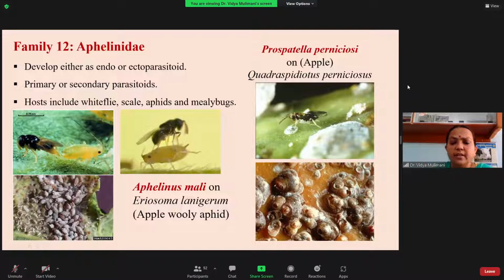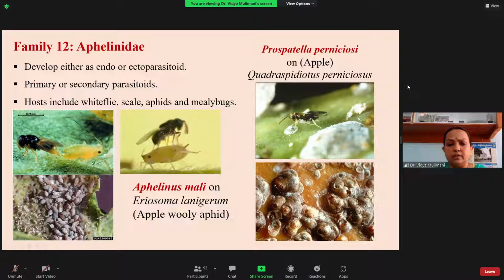Aphelinidae are also attacking the nymphal and adult stages of sucking insects. Here you can see they develop either as an ecto- or an endoparasitoid. They may be primary or secondary parasitoids. Primary means it is beneficial. Secondary means it is a hyperparasitoid, which is not beneficial to humans. And mainly, what are its hosts? It prefers sucking insects like whiteflies, scales, aphids,